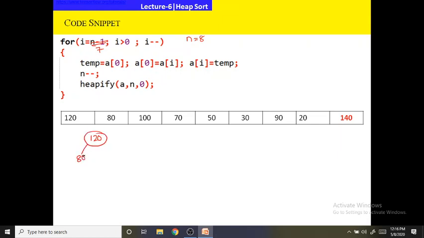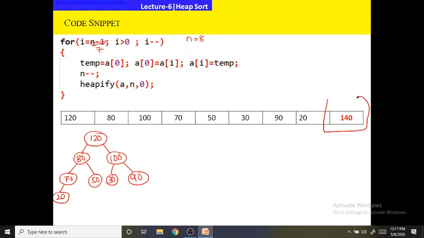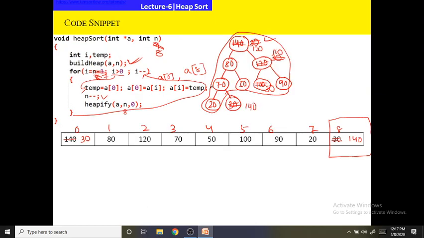Left child is 80, right child is 100, 80's left child is 70, 50, 30, the same tree I have drawn, 90, 20. So as the value of n is decremented to 8, I will leave this element as it is. This is already sorted. These elements are not sorted. Then what I will do? You see the same tree what I have drawn over here.